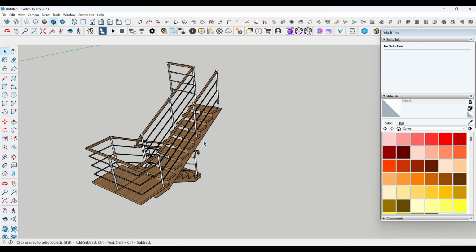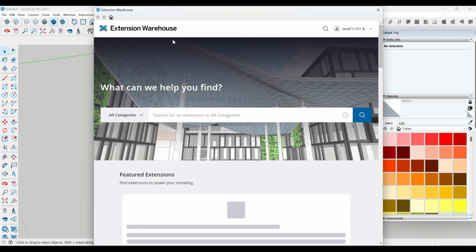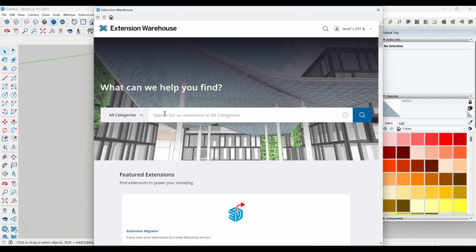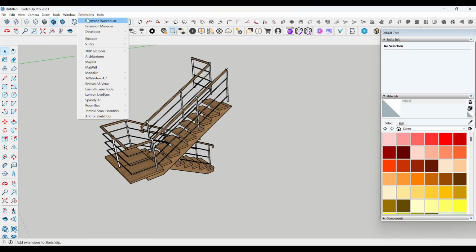So to avoid this, what do we have to do? Here in Extensions, we have one very useful extension warehouse extension called Majrel, which you can easily download. It is absolutely free. You can go to the Extension Warehouse and search for Majrel. So go to Extensions and Extension Warehouse